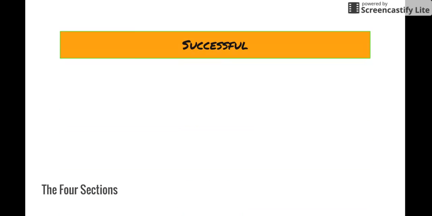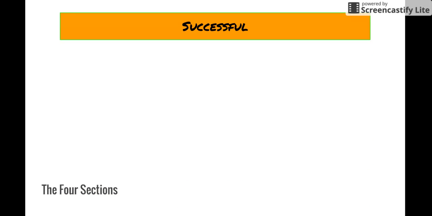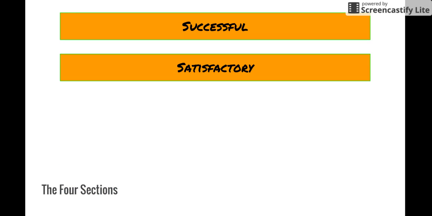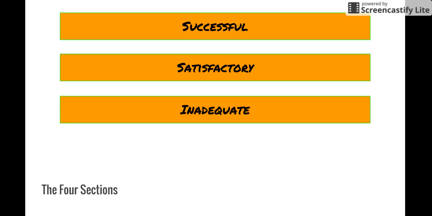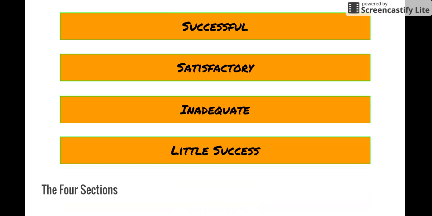Okay. I like to look at this rubric as 4 sections. So first you've got your successful. That's the high-end section. That's a good thing. Then after that you got satisfactory. Nothing wrong with satisfactory. I know that some of you don't like that word, but that's a good thing. And then the next section is inadequate. And if you're like, oh, that's not good, you're right. It's not. And then below inadequate is little success, which is like